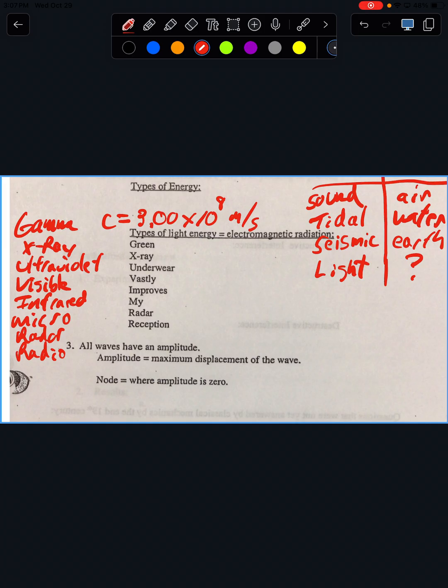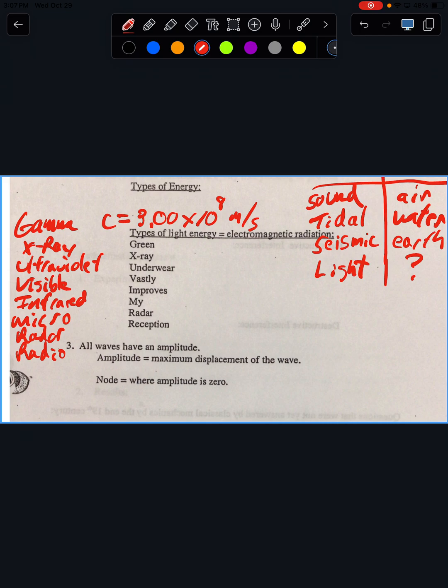The lights in our room right now, Owen, how fast do they travel? That's visible light. Infrared, Andy, how fast does it travel? 3 times 10 to the 8th meters per second. Okay, Ella, when you're making your dinner tonight in the microwave, how fast do those microwaves travel? And when Max gets pulled over by the police using the radar, how fast do those radar waves travel? 3 times 10 to the 8.